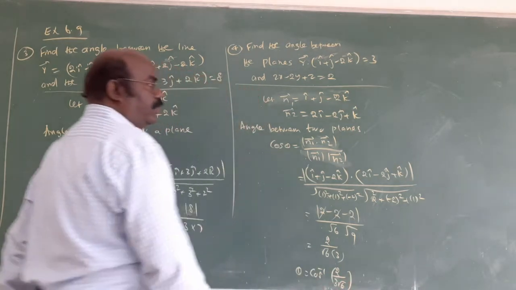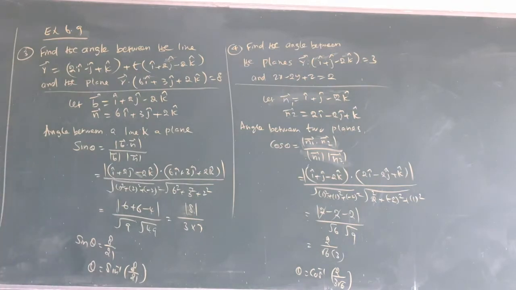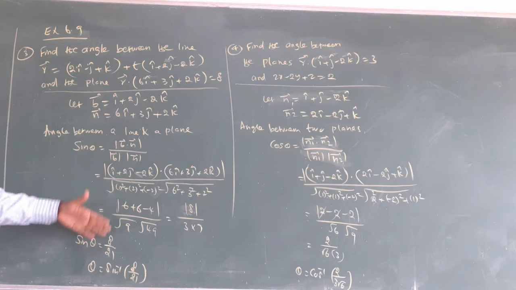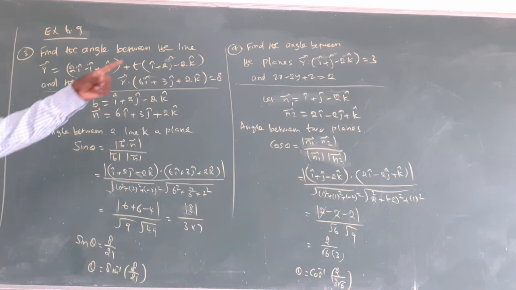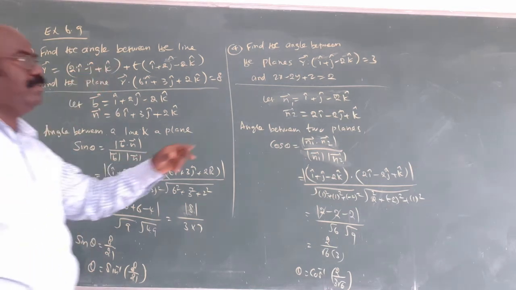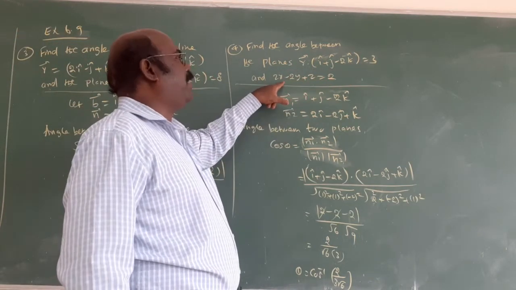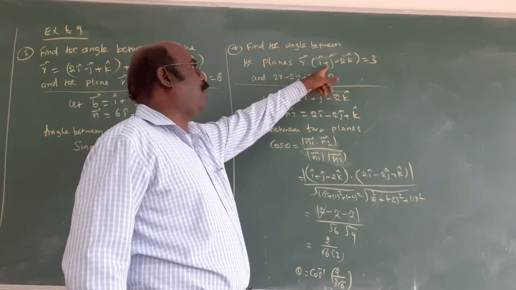That is the answer. Anyway, read the question clearly: both are planes, or one straight line and one plane. In this way, if it is one straight line and one plane, the line gives the B vector, after dot is the N vector, by this formula. Next is another plane question. Both are same actually. Here vector is given, here Cartesian is given. After the dot, you know this is N1.